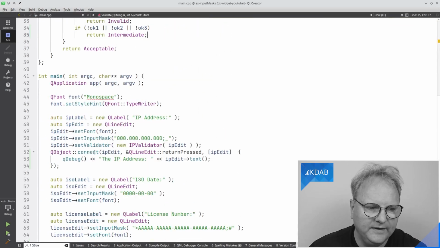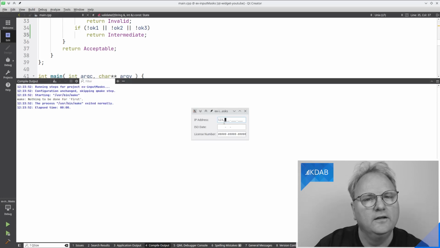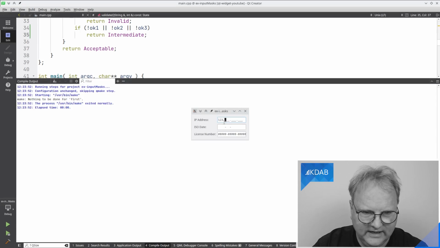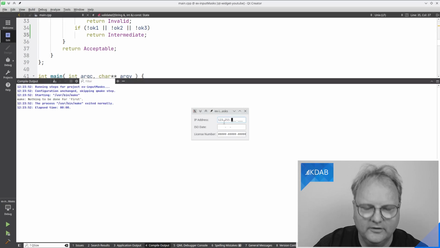And you can see down here, I print out that my line edit, whenever I press return, will print out here that the IP address was this or that. And you can see I'm typing in here 1, 2, 3. Let me try and press return now. You heard it, right? Yeah, nothing comes out of it. Okay, 9. Okay, not a good idea. A, not a good idea. 3. No. Okay, 2. That worked out. Okay, 6. Still not working. 5. Okay, good. 6. Not working. 5. Okay. And so my validator is working.